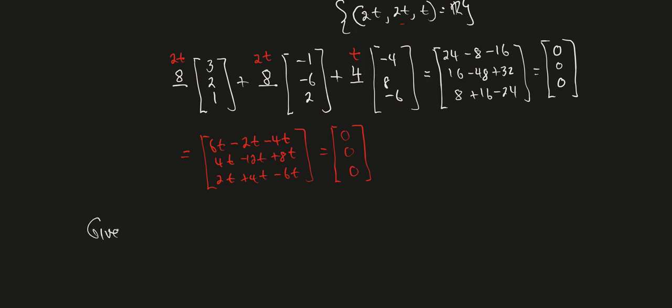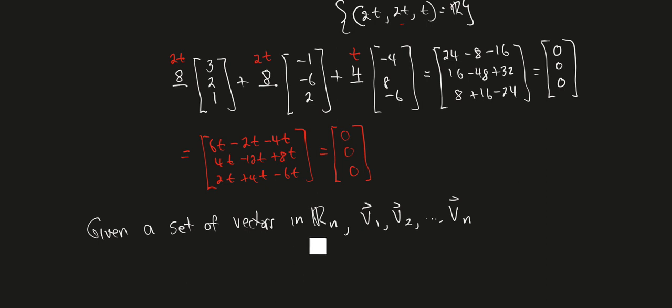Let's say given a set of vectors in Rn. So let's say my vectors are v1, v2, vn. Actually, let me write this here. This n should be a superscript. And let me not use the same n there because it doesn't have to be the same number of vectors. You could have more or less. So let's use something like m, right? There we go. So given a set of vectors in Rn,